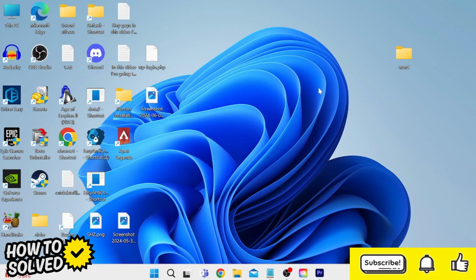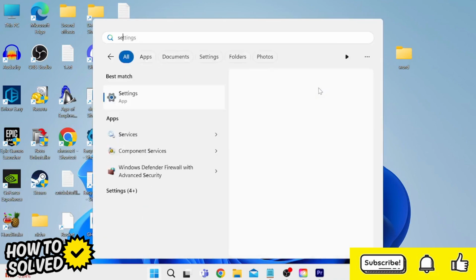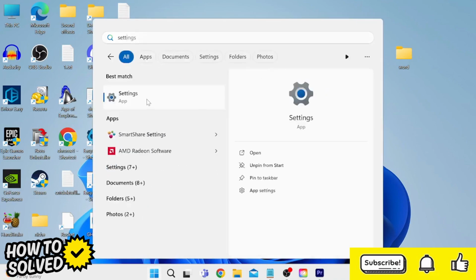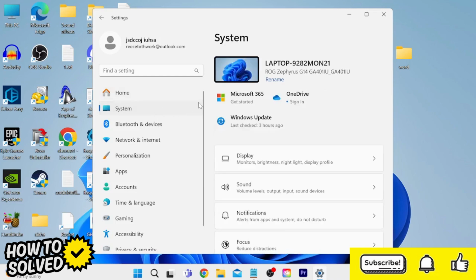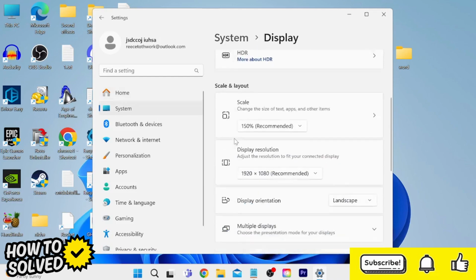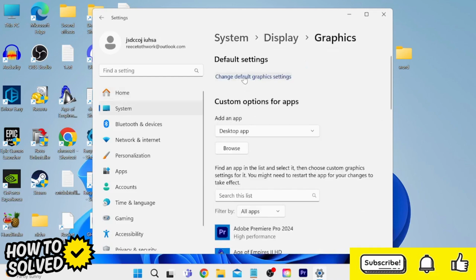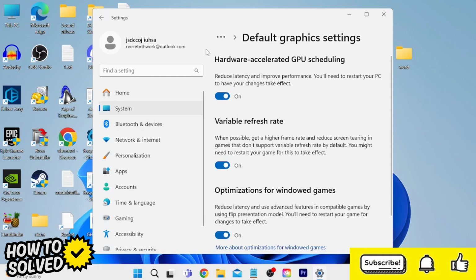And the first thing we need to do is head over to our Start menu, and you're going to search for Settings, and then tap on the Settings icon, and inside of the System tab from the left, come inside of Display, and then scroll all the way down to Graphics, and come into Change Default Graphics Settings, and we need to ensure that Hardware Accelerated GPU Scheduling is enabled, and then we could come back out of this window,